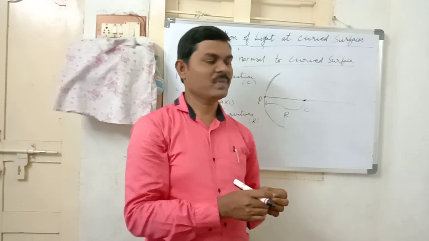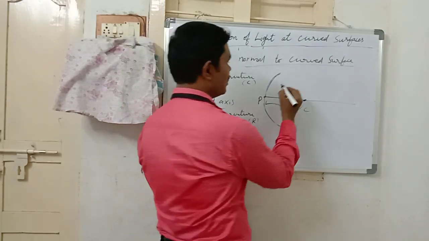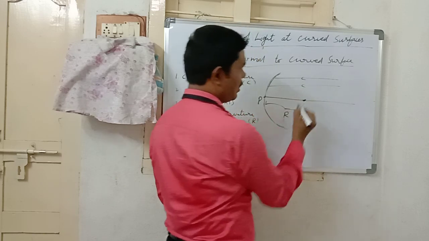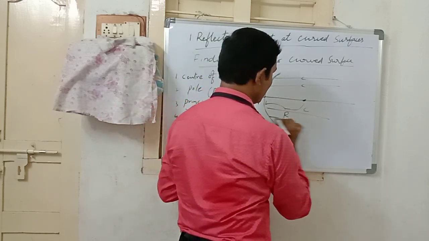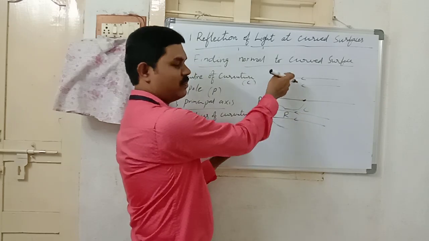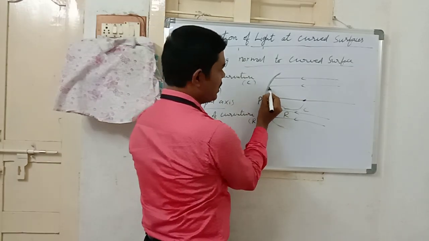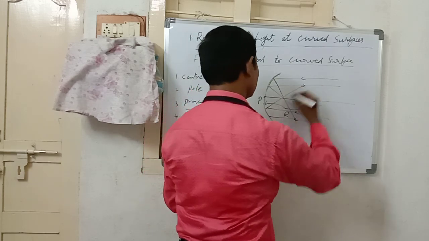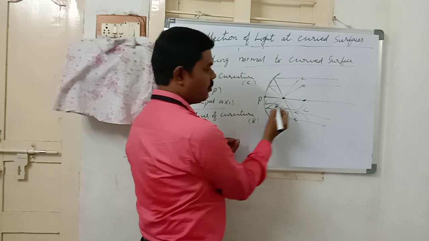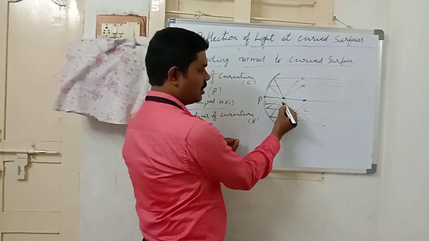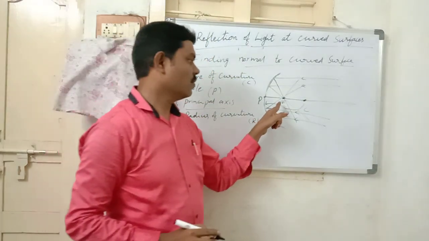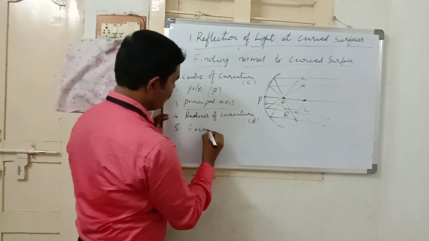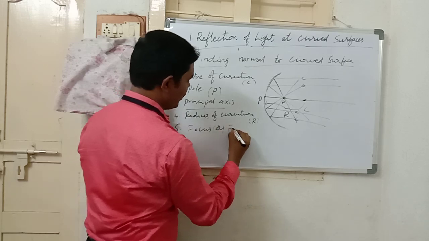So in that situation, when the light rays all travel parallel to the principal axis like this, whenever you place the concave mirror under the sunlight, all the rays will travel parallel to the principal axis, and these reflected rays will meet at one point on the principal axis like this. This intersecting point of reflected rays on the principal axis is called the focus or focal point. This is one of the important definitions, focus or focal point.